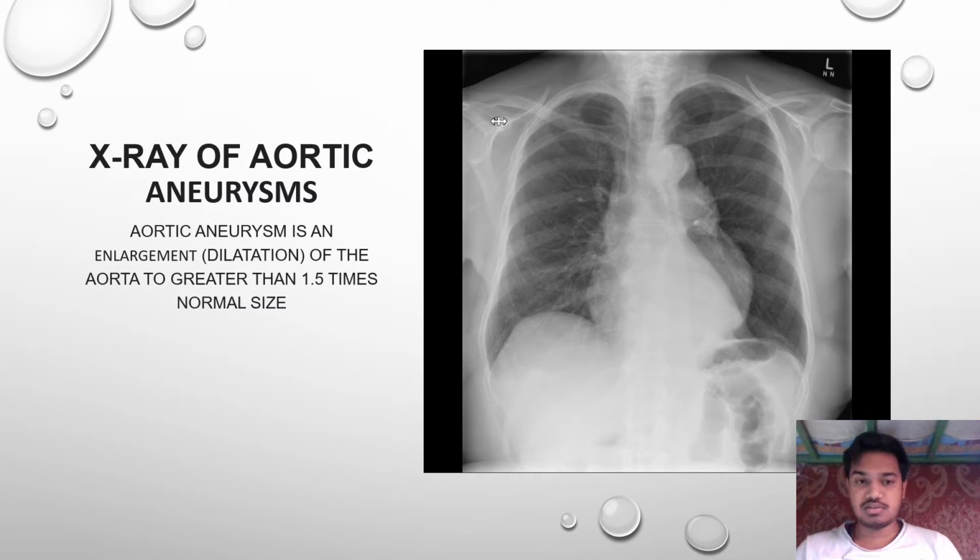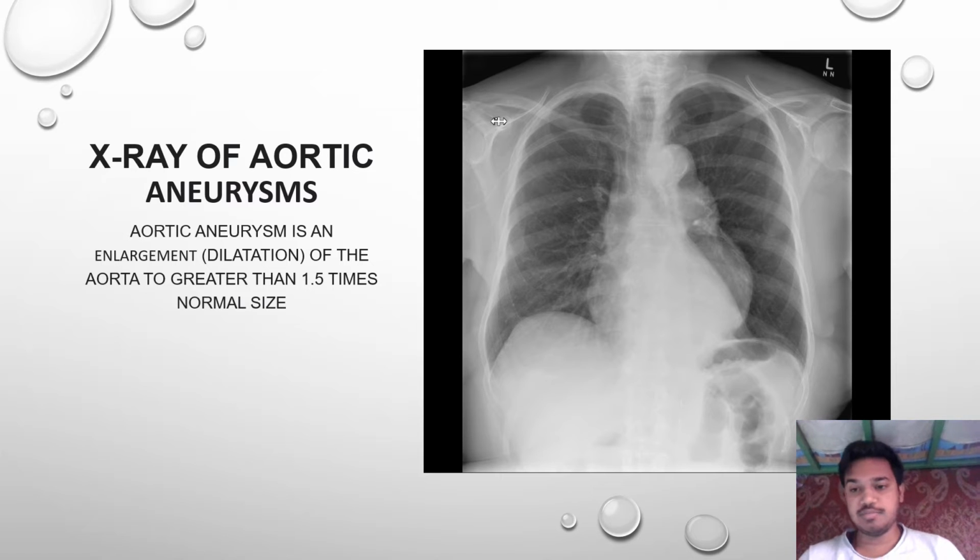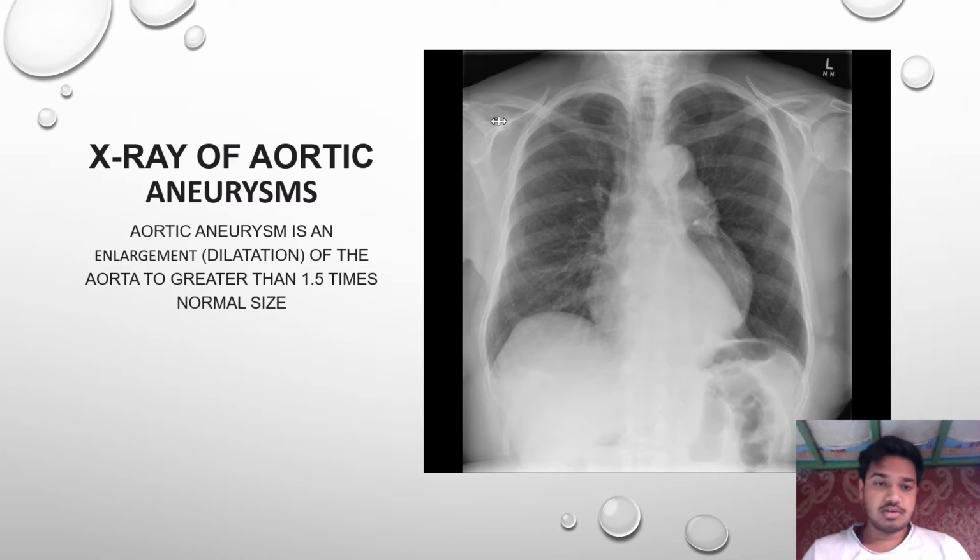Because of this, there is a problem in giving blood to the organs, and we can say there are two types of this aortic aneurysm, mainly the thoracic ones and the abdominal. And this aneurysm mainly leads to the development of a tear of the inner layer of the aorta, ma'am. And moving on,